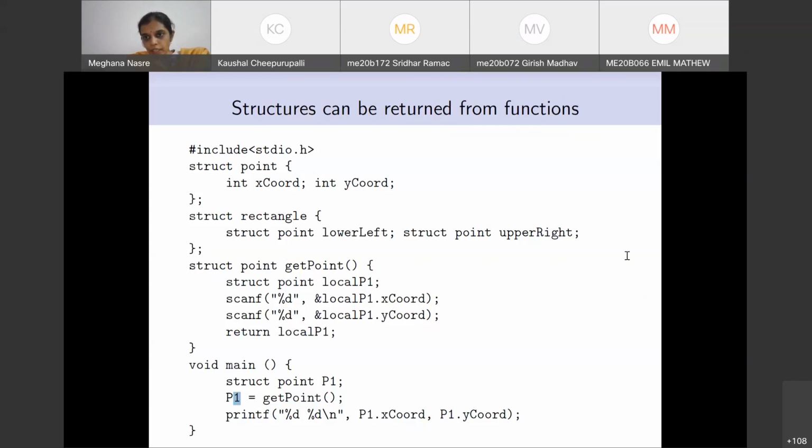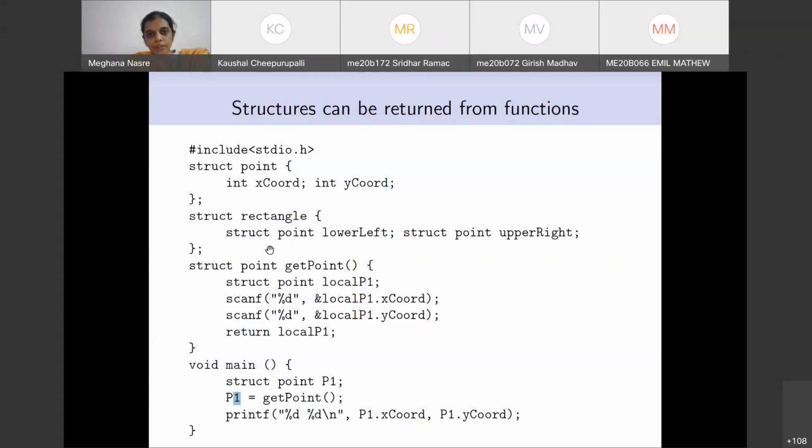One of the questions regarding this is that the scope for local P1 ends within the function, so will there be an issue when returning local P1? This is a good question and relevant to this slide, so I'll spend some time. Let's forget this get point.